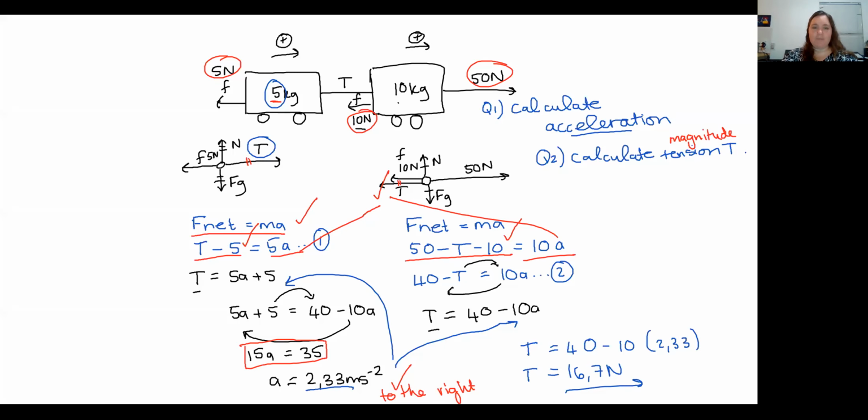The last question that I want to finish off with is where we have 2 objects that are tied together by a string, but one moves up and one moves down. You use exactly the same principle as 2 objects tied together with a string, where one moves horizontally and one moves vertically. The key idea that I need you to get here is if we have two objects joined together like this, the first thing that you need to realize is that their weight becomes important. So if I've got a 5 kilogram object and a 3 kilogram object, I can draw a quick